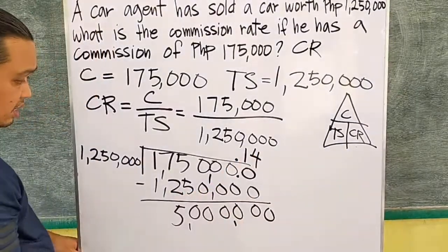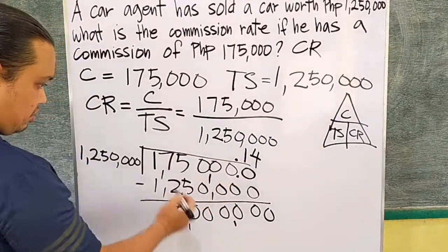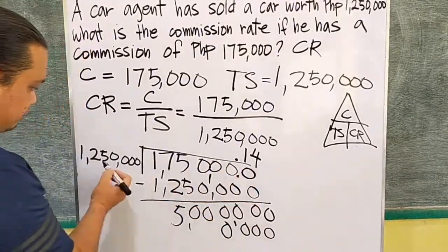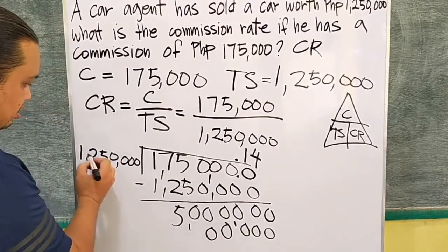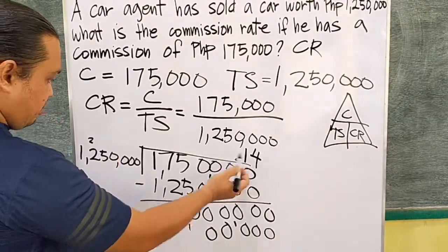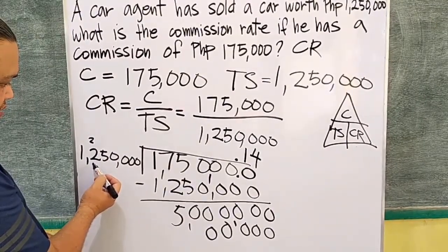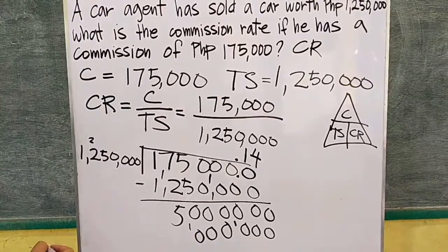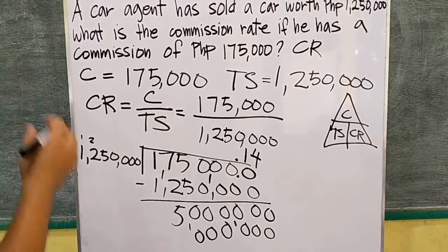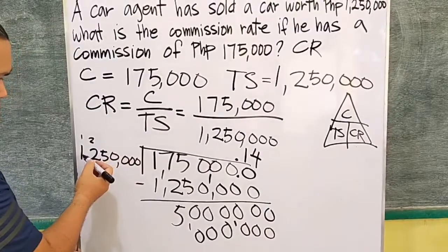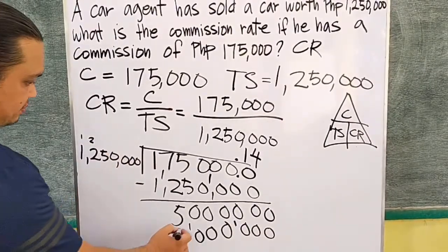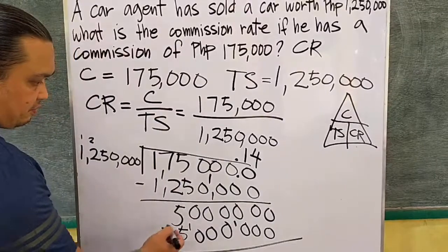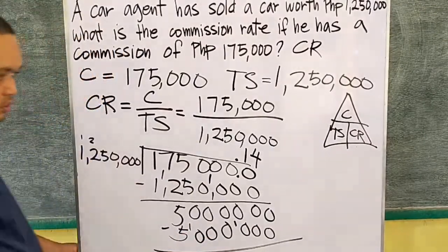Okay, now let's multiply. 4 times 0, 4 times 3, 0 is 3, 0. 1, 2, 3. Now 4 times 0 here is 0. 4 times 5 is 20. 0 carry 2 here. Okay. Now 4 times 2 is 8. 8 plus 2 is 10. Okay. 0 here, carry 1. Okay, carry 1 here. Now 4 times 1 is 4. 4 plus 1 is 5. So we have 5 million. Okay, so let's subtract 5 million minus 5 million is 0. So therefore our answer is